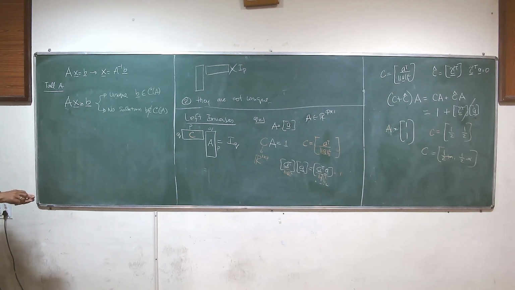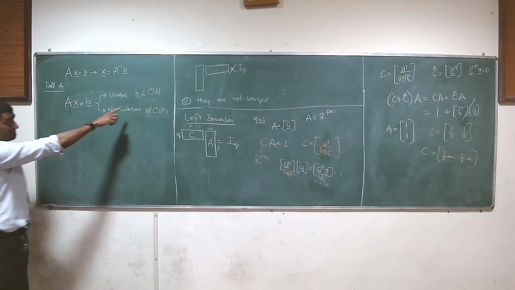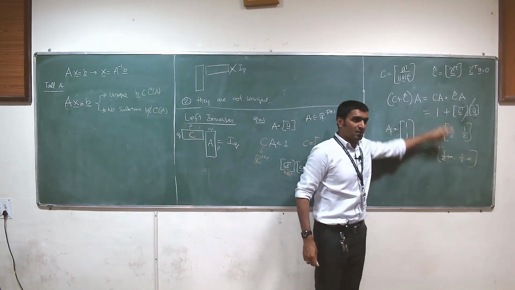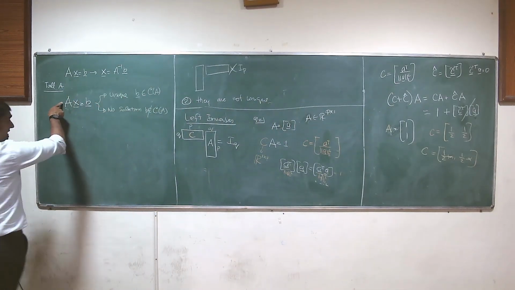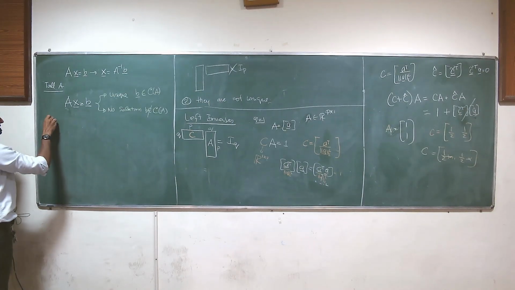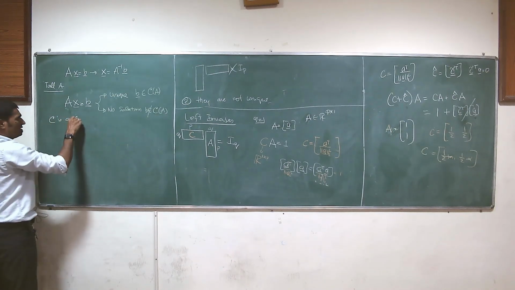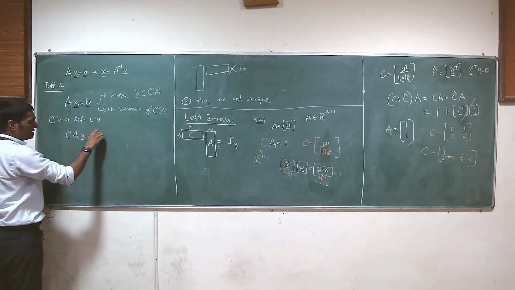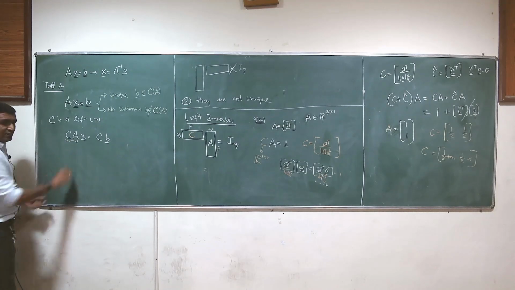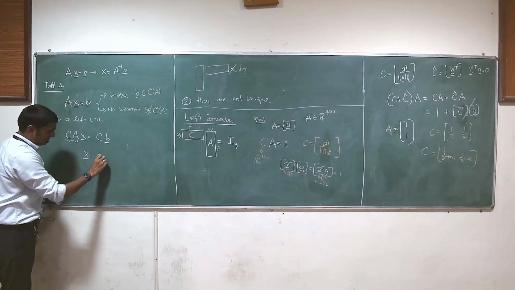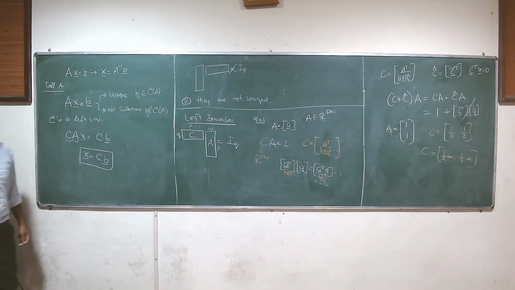It turns out that if B belongs to the column space of A, you take any left inverse, and you pre-multiply both the left-hand side and the right-hand side by C. Let's say C is a left inverse, then CA times X will be C times B. Because C is a left inverse, this will be I, that means